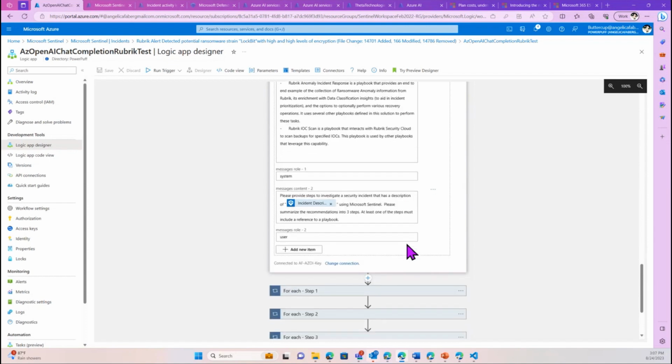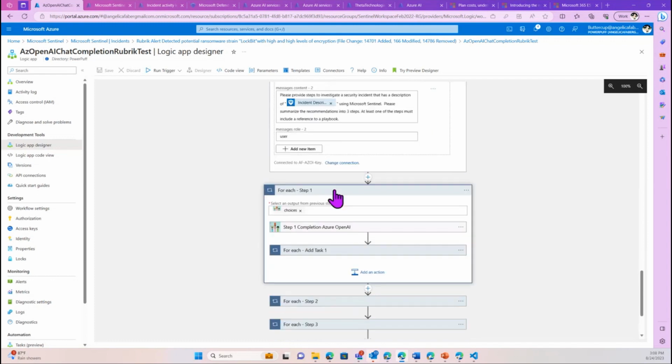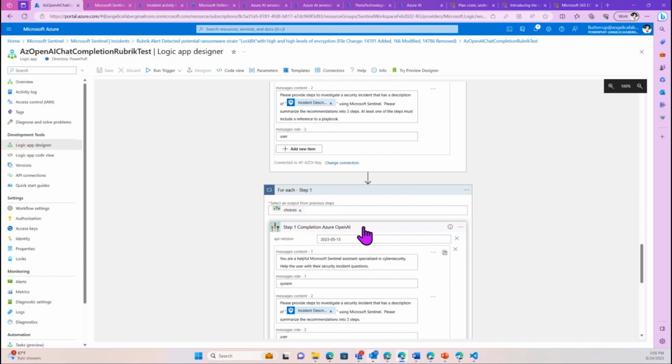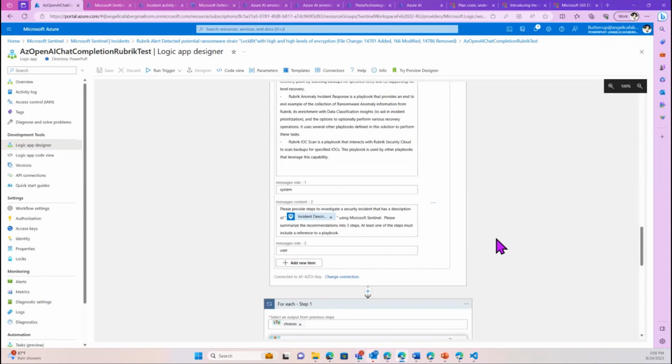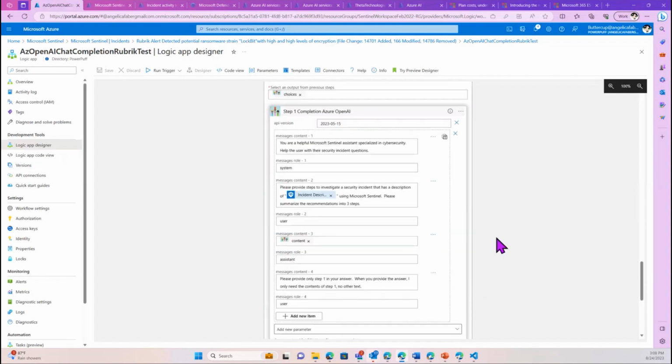So it's really putting a lot of, and then it asks the question. This is the user role. So it's asking, please provide the steps to investigate. So notice that I'm asking for steps, and I'm asking specifically for 3 steps. And then what I do is, this is where I use that, I was telling you about prompt chaining earlier. And I know I'm getting into the weeds of AI, but just bear with me for a minute. So what I'm doing is,